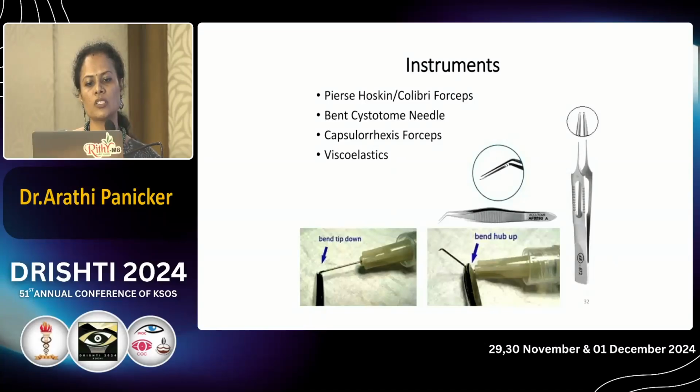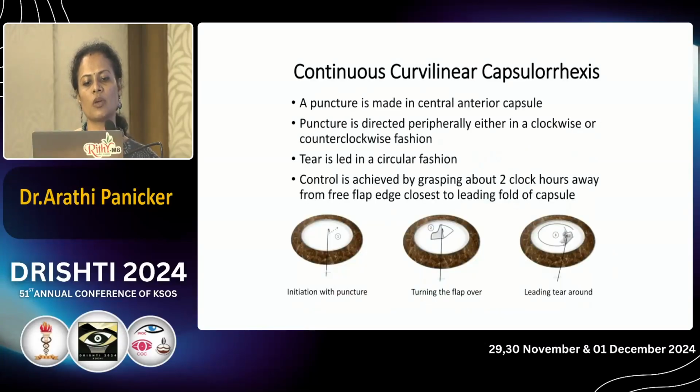Done with instruments: Pierce Hoskin or Colibri forceps, bent cystitome needle, capsulorhexis forceps, with the AC maintained with viscoelastic. CCC is the most commonly done procedure. A puncture is made in the central anterior capsule and it is directed peripherally, either in a clockwise or counterclockwise fashion. The tear is held in a circular fashion. Control is achieved by grasping 2 clock hours away from the free flap edge, closest to the leading fold